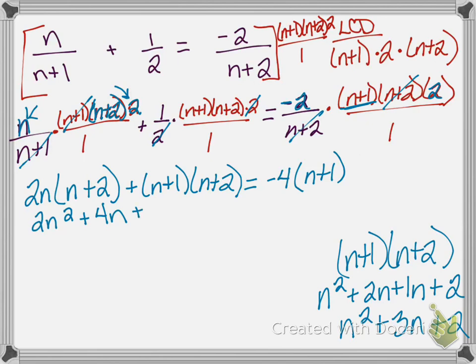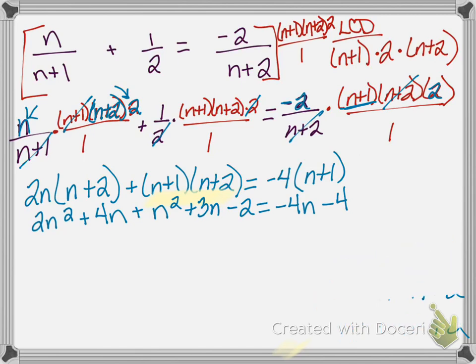Okay, so I am replacing this right here. That's what I'm replacing. So n squared plus 3n minus 2 equals negative 4n minus 4. Now, I'm going to focus on the left-hand side first. I'm going to focus on that first. I have 2n squared and I have n squared. That gives me